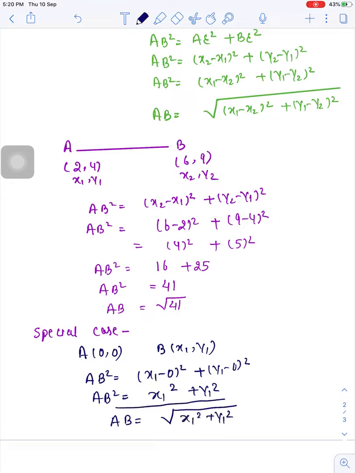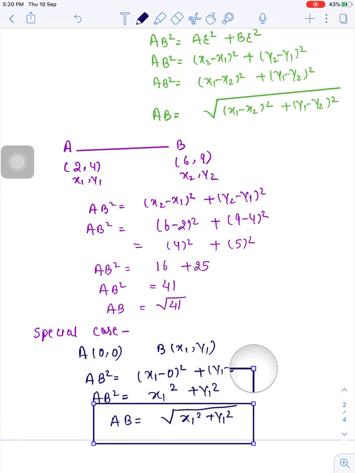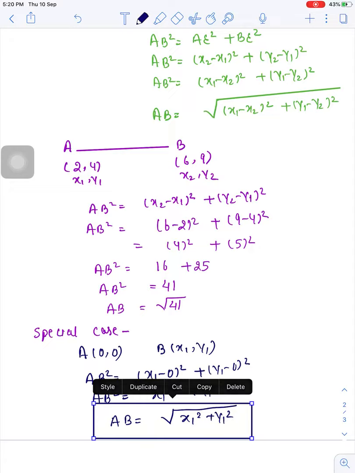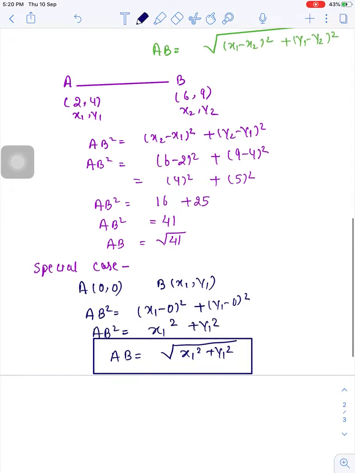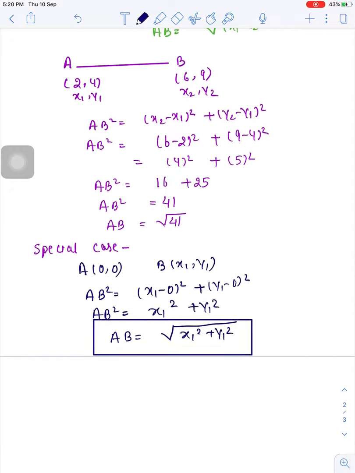So look everyone, this is the special formula. If one point is origin, look everybody, this is the special formula, and we are going to use this formula if the first point is origin. And as I am making you understand by giving one more example, suppose we have a point